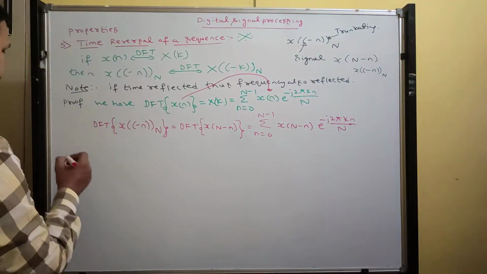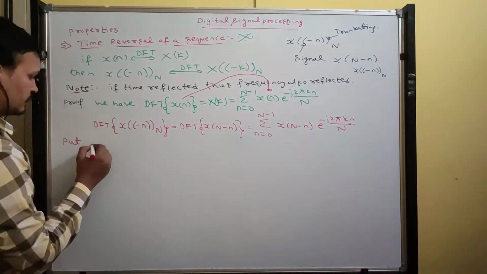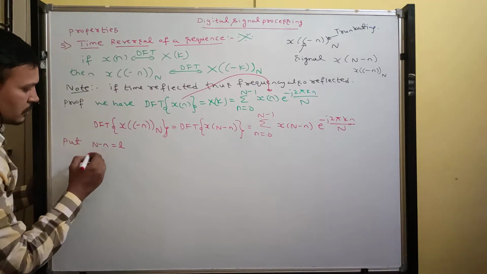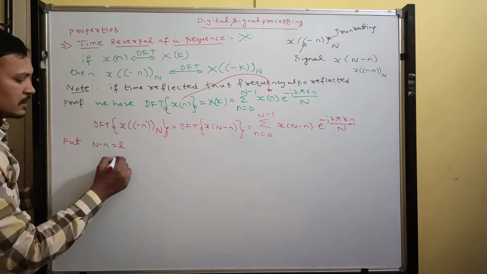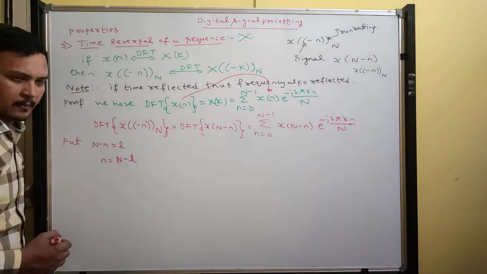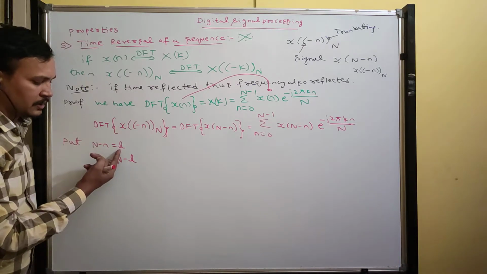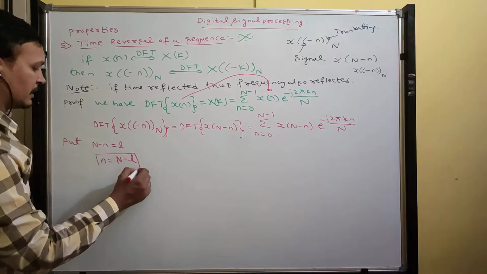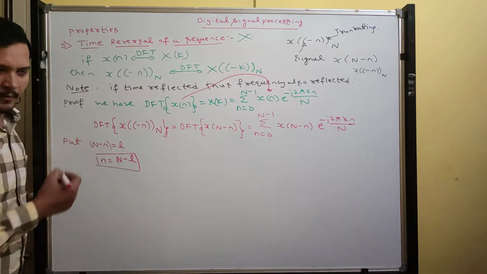So now put N minus n equal to L. Now from this, what can I write? n is equal to N minus L. See, take minus n that side, it becomes positive, and take plus L this side, it becomes minus L. So therefore n I can write as N minus L, and N minus n can be written as L.